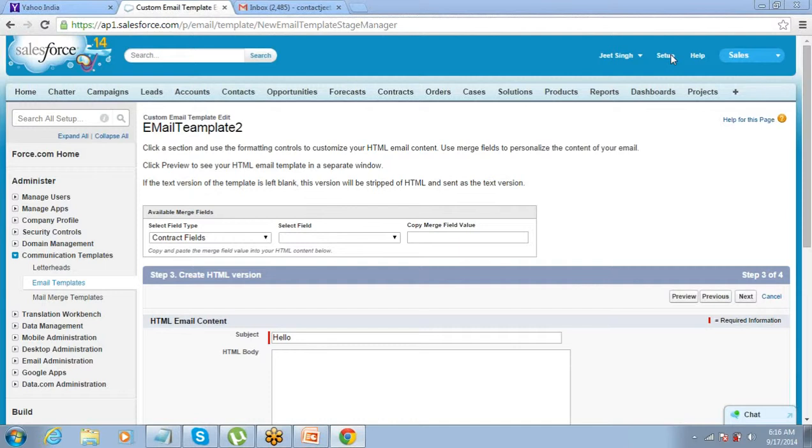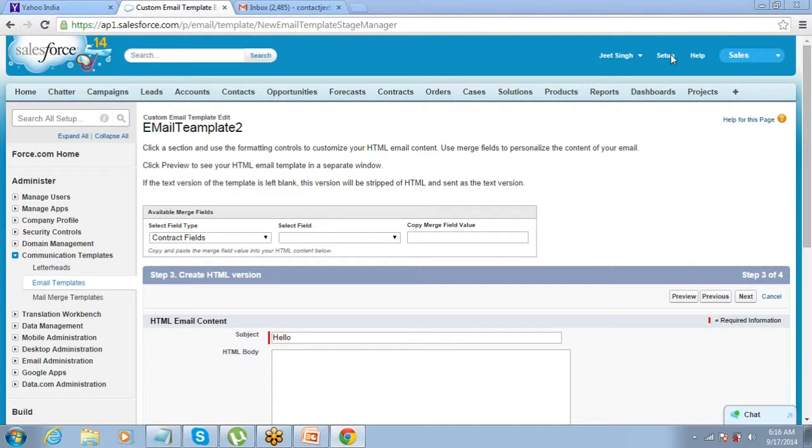Automated email being sent means, let's say there is a record created and automatically an email is sent to the contact saying, hey, hi, you have inquired for this product and this is the catalog, please have a look. So if you want that kind of an automated email, which is something we are going to do in tomorrow's session, in our next session we are going to discuss that, right?